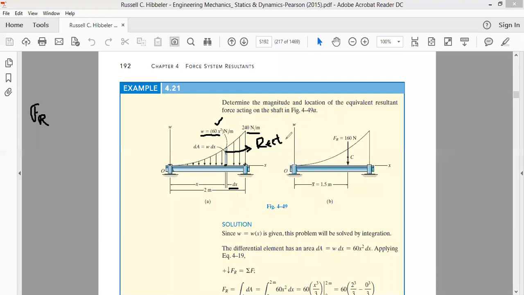Therefore, the area of this rectangle will be the small area dA, which is equal to its width multiplied by length. As far as length is concerned, from here to here, it is actually